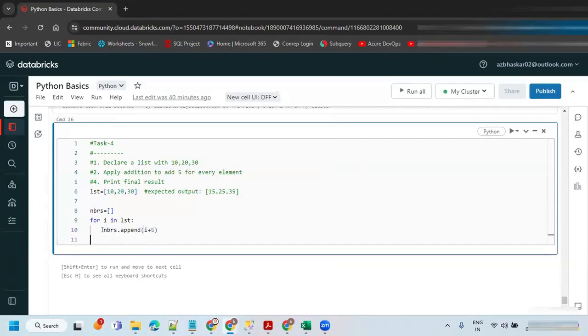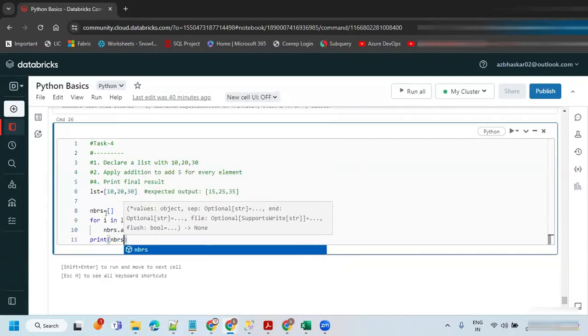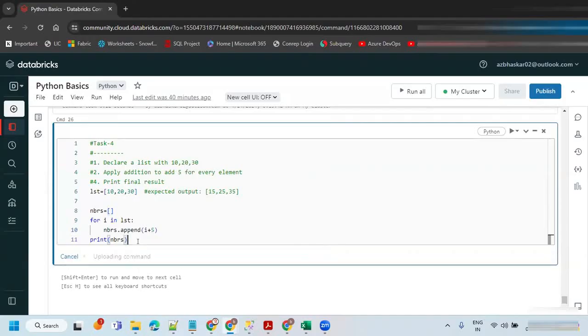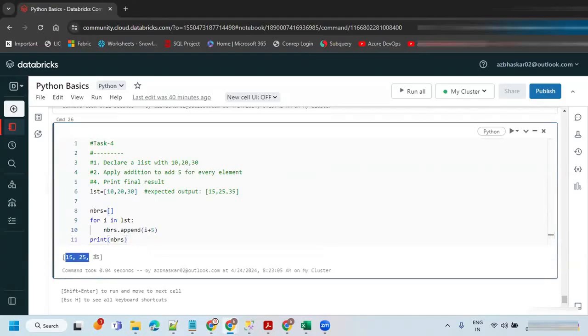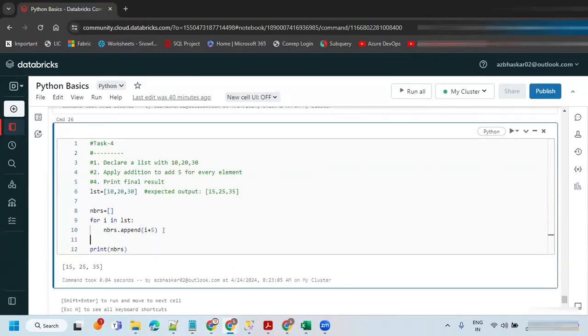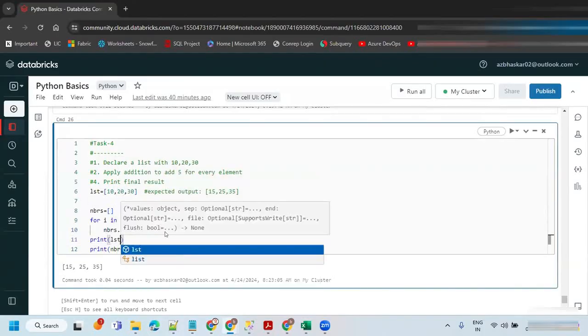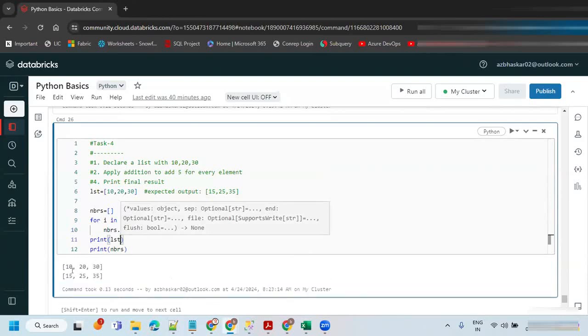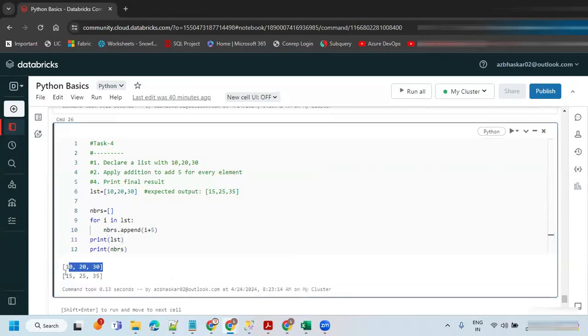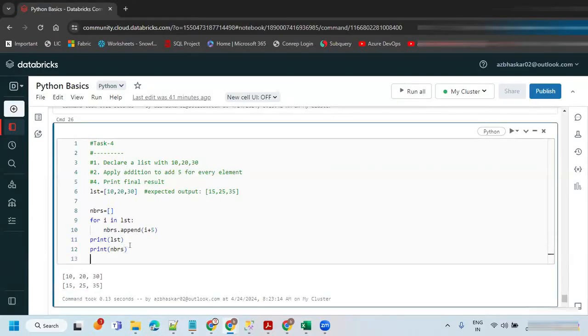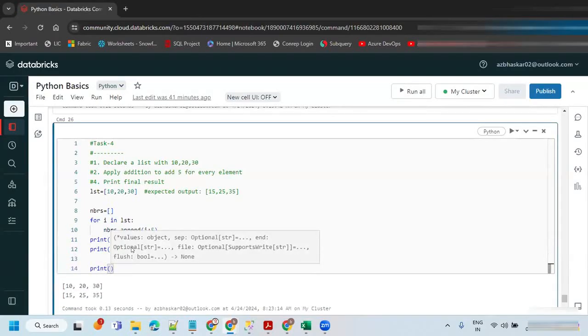Okay, so if I print this, then we can get this. So 15, 25, 35. I'm just printing this list also. Print lst. Then 10, 20, 30 is there, and 15, 25, 35 is there. So if you wanted to do the same thing with the lambda style,